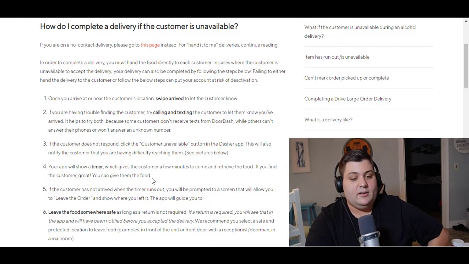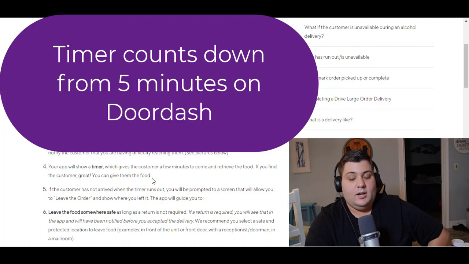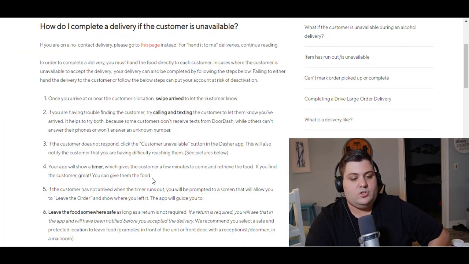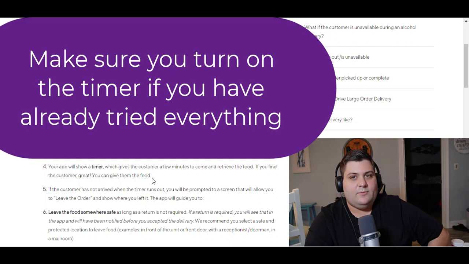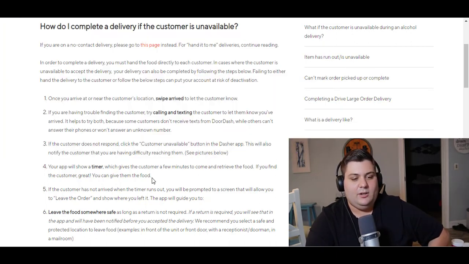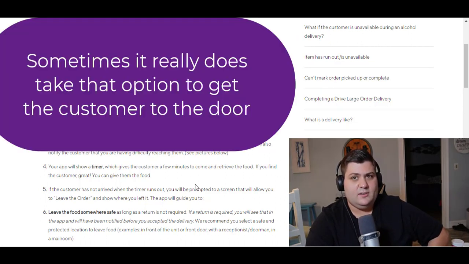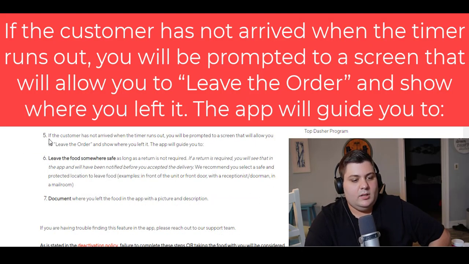The timer is 5 minutes long, typically. I know with some apps, it's 8 minutes. Some people, it's like 10. For DoorDash, it's 5 minutes. If you're gonna do that, make sure that you actually give them a chance initially before just hitting the timer, because we don't want to be unfair in doing this. With the customer unavailable button, that sometimes is the better option to just tell them, hey, I've been waiting on you. What's going on? If the customer has not arrived when the timer runs out, you will be prompted to